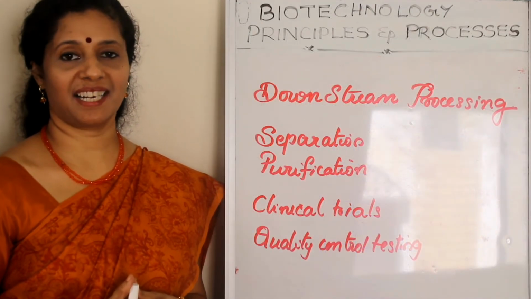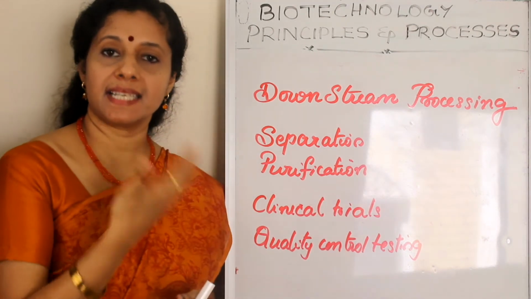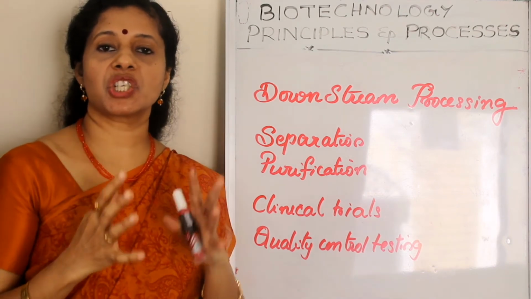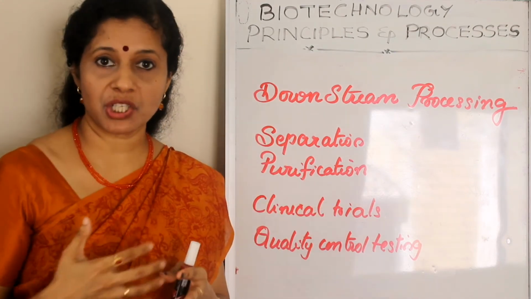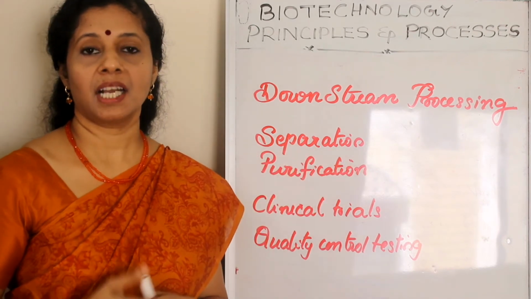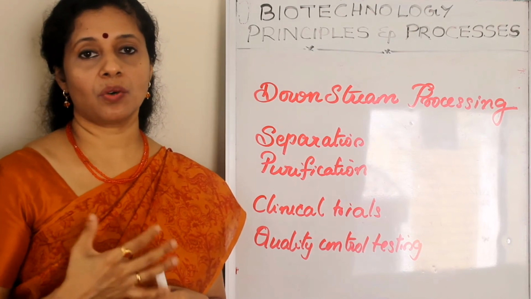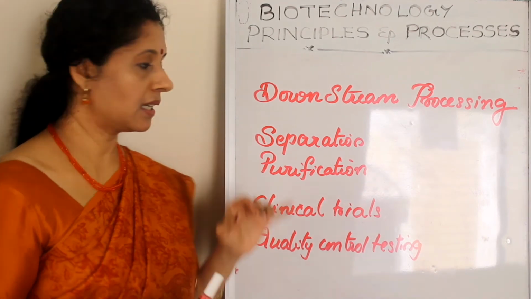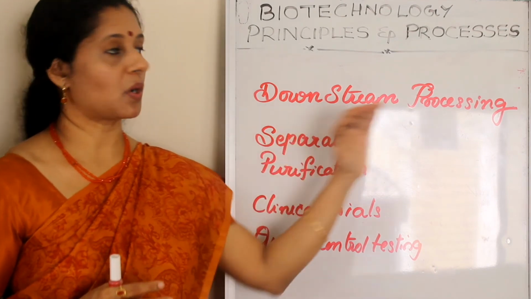The final stage of rDNA technology is downstream processing. Once the biosynthetic stage is over, that is protein production is over, we take out the contents. Some culture cells will be kept as inoculum to use further and the rest will be crushed and then chemically treated to separate the product out. Once we get the product, the next step is to purify it, and we add enough preservatives to it. The stages including separation and purification of the product are called downstream processing.